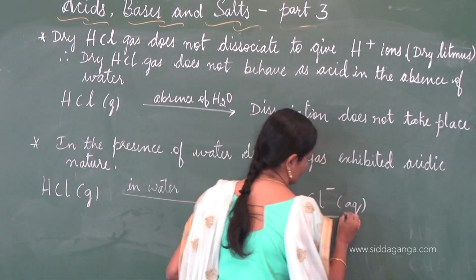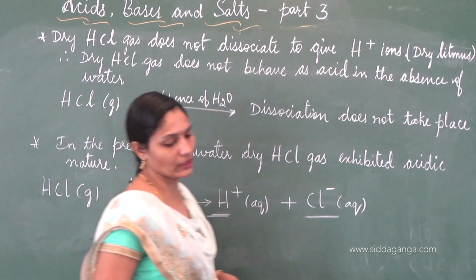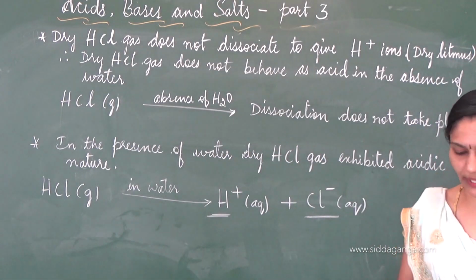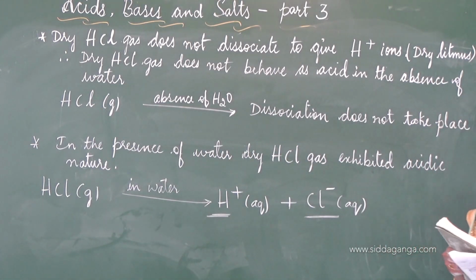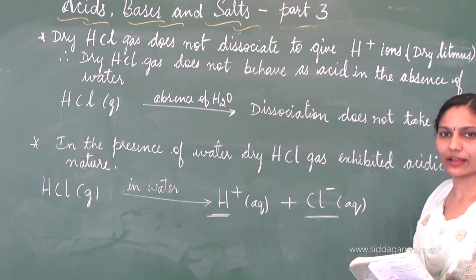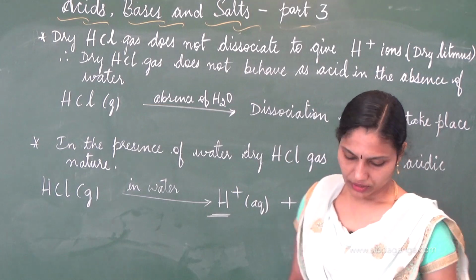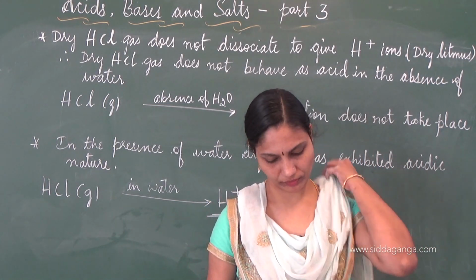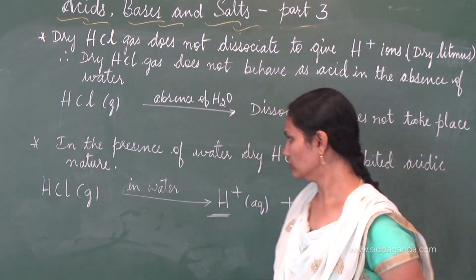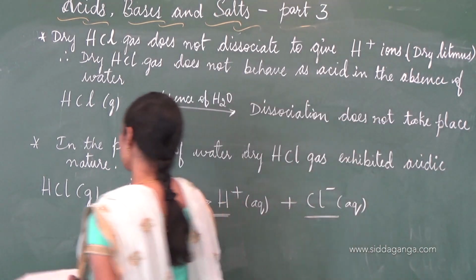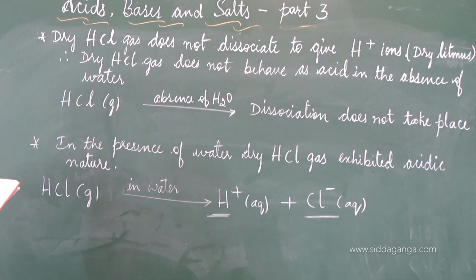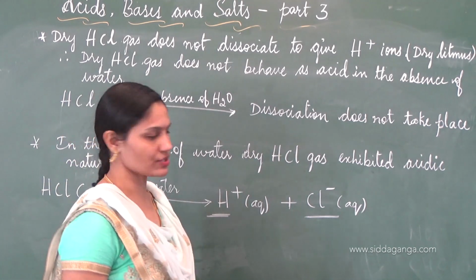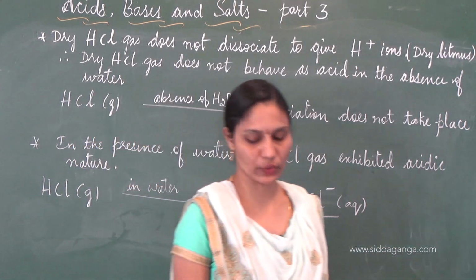So formation of ions, and we will note it down. We already got to know that hydrogen ions in solution, and these H plus ions are responsible for acidic properties. So with this we will move further. It exhibited acidic nature. Why? Because there is dissociation of HCl to give H plus and Cl minus ions. So you can write a line with respect to this equation.